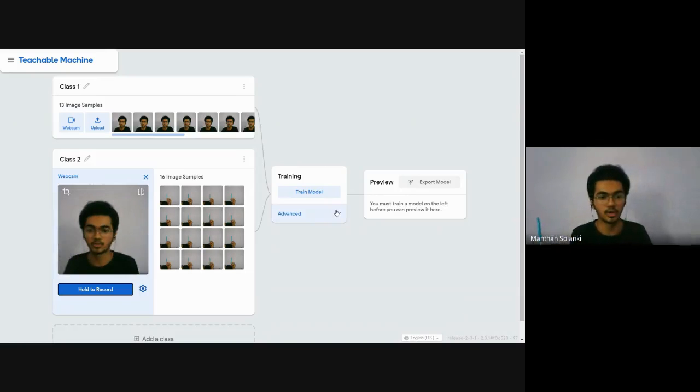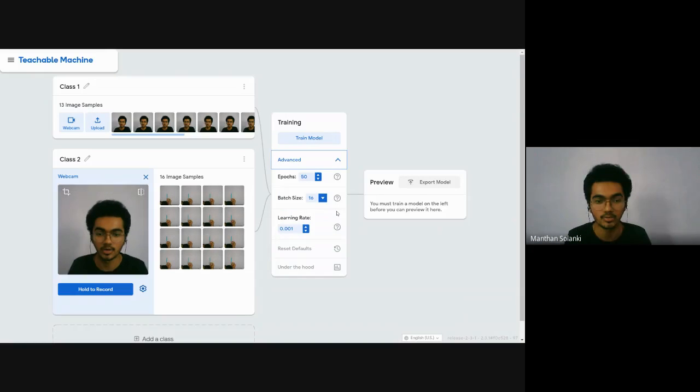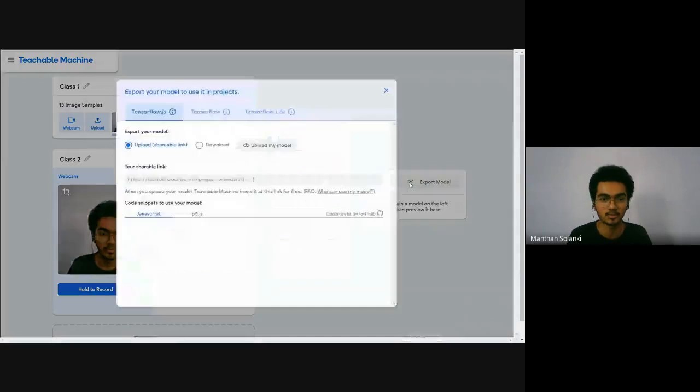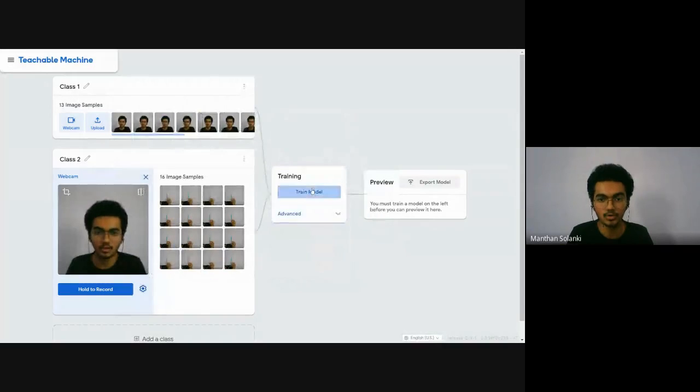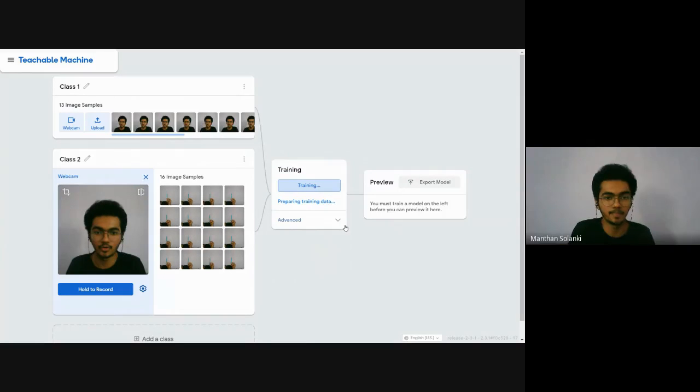Okay, so now I have trained the neural network for 50 epochs. Batch size, let's take 64. Learning rate is 0.01, and export model. Train. So it is training right now.